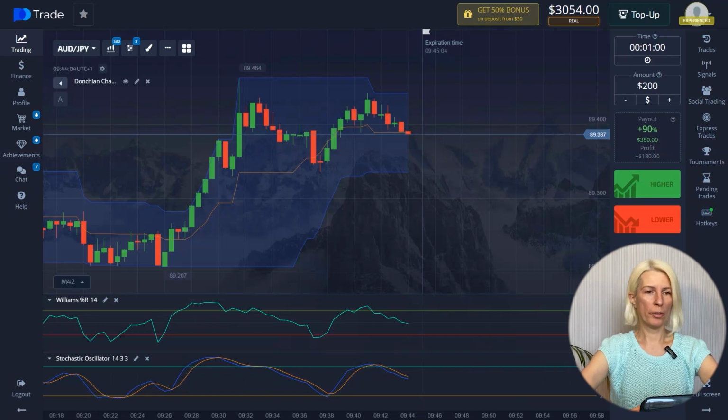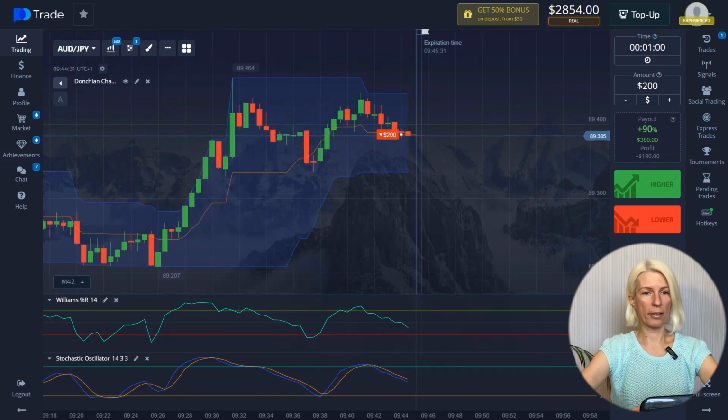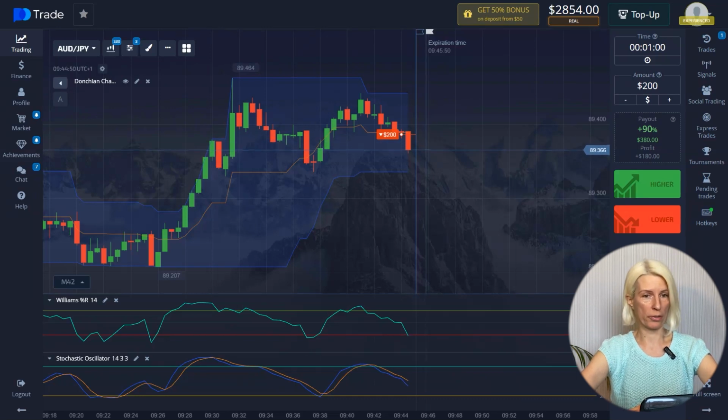Not bad. Moving on, and immediately we open another down trade for 1 minute with $200 in. The decision was facilitated again by the signal of the stochastic and Williams percent range indicator about possible price reduction. After entering the trade, the price rose slightly and then began a gradual decline, but having reached the local minimum, it rebounded upwards. At this time, the stochastic and Williams percent range indicators continue to give signals about a possible